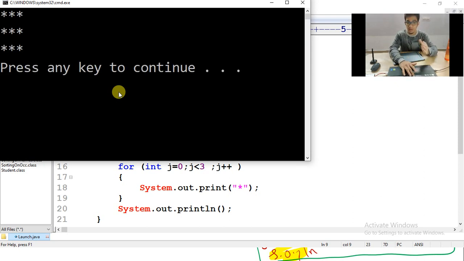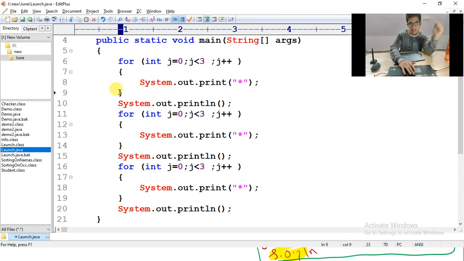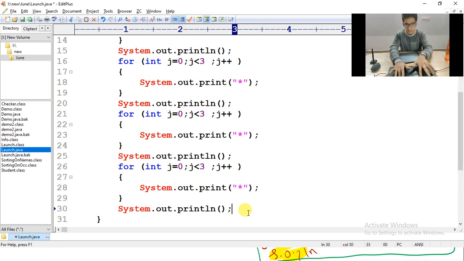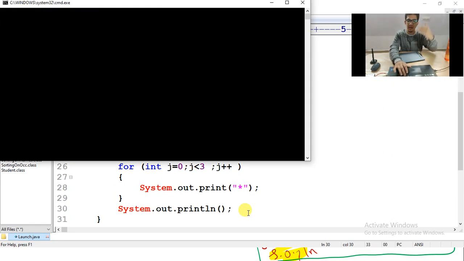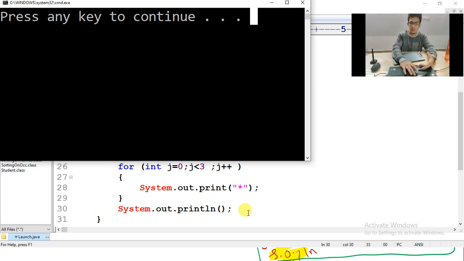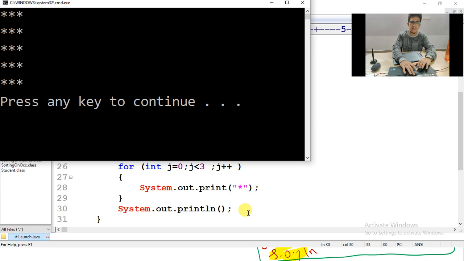But what I have done is copy and paste. What if the person tells me, I want 3 stars, not 3 rows, but 5 rows? If he wants 5 rows, we have to paste it again and again, so 5 times I have pasted. This kind of code is not recommended as a programmer. Let's see the output, whether we will get output or not. We have got the output, right? We have 3 columns and 5 rows here.